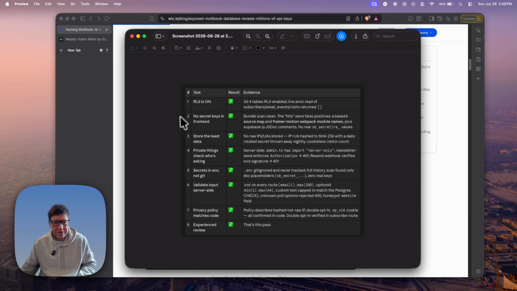But yeah, so these are the 8 bullet points here, and make sure you hang around, because I'm going to talk about when I ran this against my production originally. It was interesting, the couple things that I did find. So right away, I did have row level security on, and I talked about some of the other security measures that I had in place.